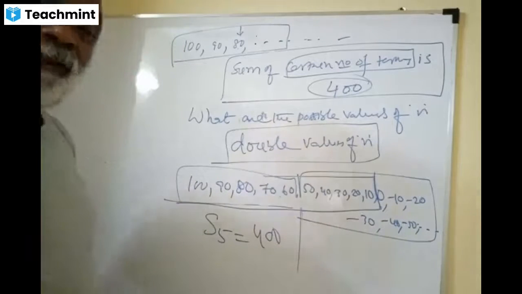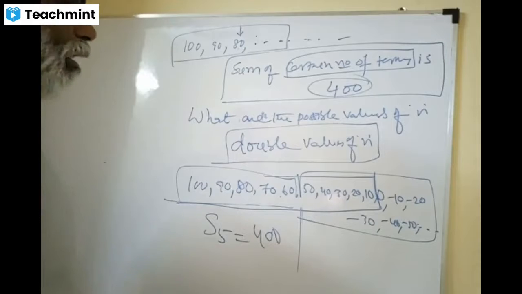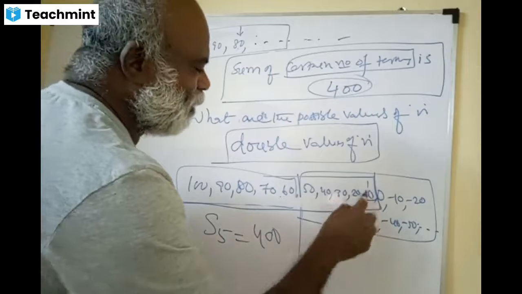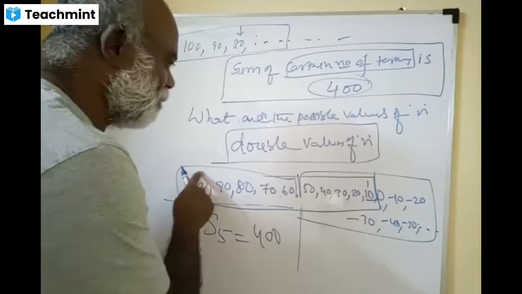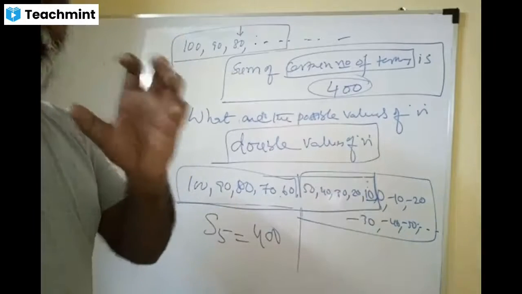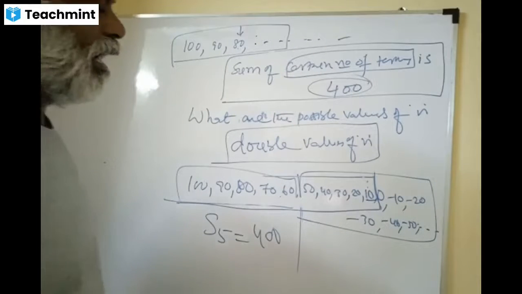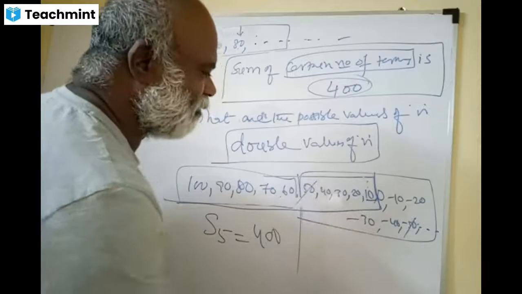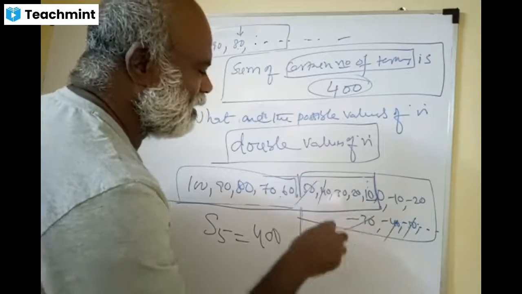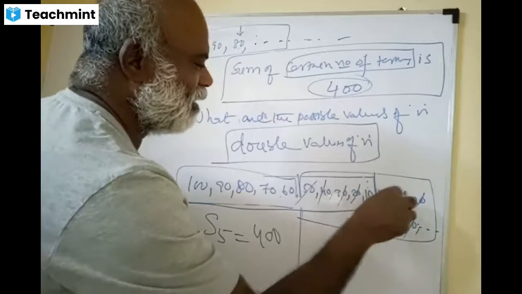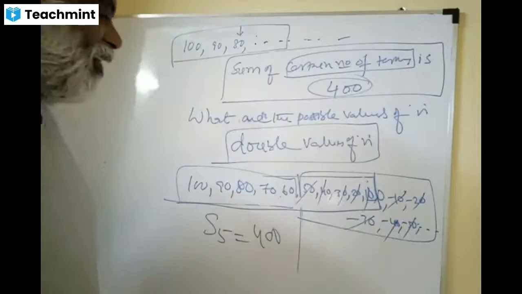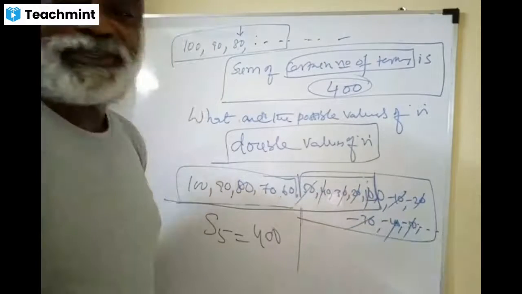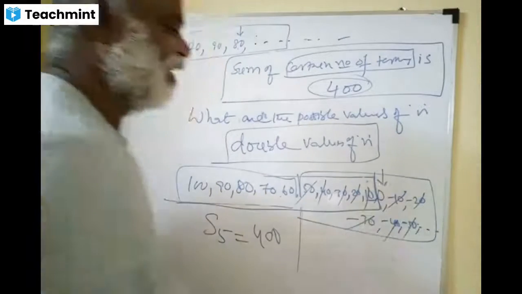Yes? 10, sir. 10 terms. Brilliant. 10 terms. So that's called 1 to 10. 10 terms are there, friends. And after that, you have several other terms. Plus 50 cancels with minus 50, plus 40 with minus 40. That's why you are getting a double value for n. So 1, 2, 3, 4, 5. 1, 2, 3, 4, 5. Another 10 terms. And 0.